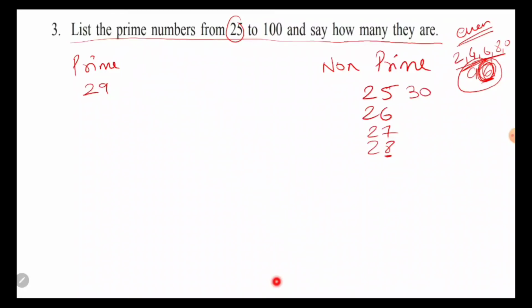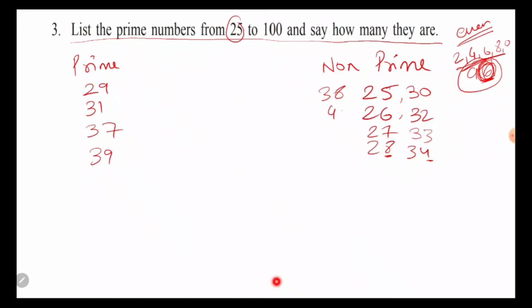Then again 30 will come, 30 will also be a non-prime number, 31 will be a prime number, 32 a non-prime number, 33 is also a non-prime number because 33 comes in 11's table, 11 3s are 33. 34 again a non-prime number because here 4 is coming and 4 is an even number which cannot be a prime number. Okay, 35 again, 35 will come in 5's table, 7 5s are 35, 36 is also a non-prime number, 6 6s are 36, 37 is a prime number, 38 again is not a prime number, so I'll be writing here 38, 39 is a non-prime number.